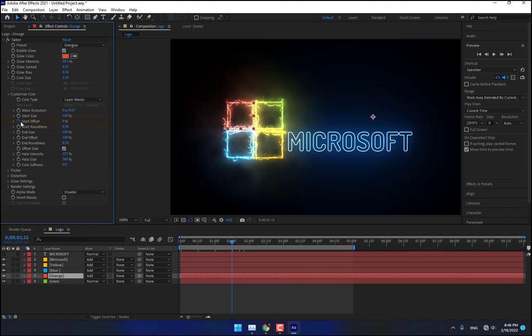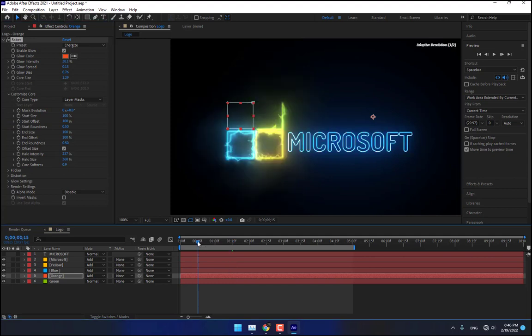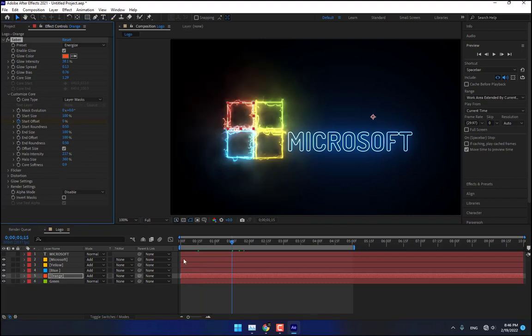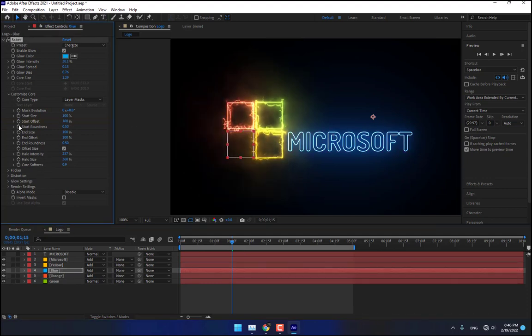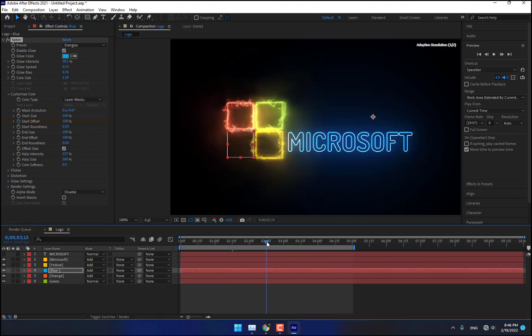Sorry, turn off this one, change to 100 and start from 15 frames. Start offset 1 second 15 frames, and then select the blue, change to hundreds, stopwatch 2 seconds,